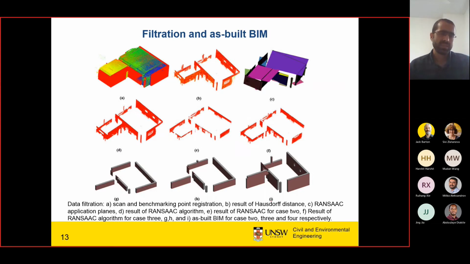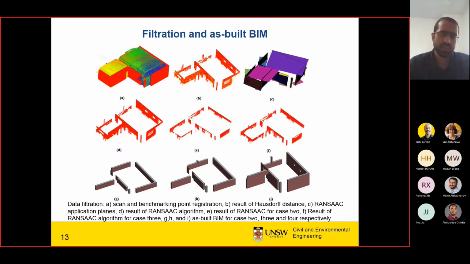With the same procedure, as we mentioned, we have two other cases in our case study to simulate further the progress of the work on the construction site. So for part E and part F, which are case 2 and case 3, or scenario 2 and scenario 3 of the case study, we applied the same procedure and we have the clean point cloud. Then we used Revit 2018,